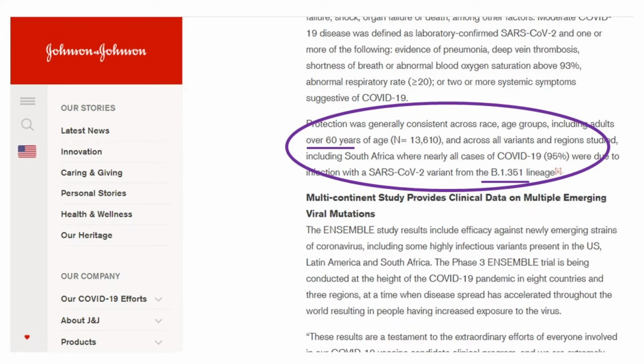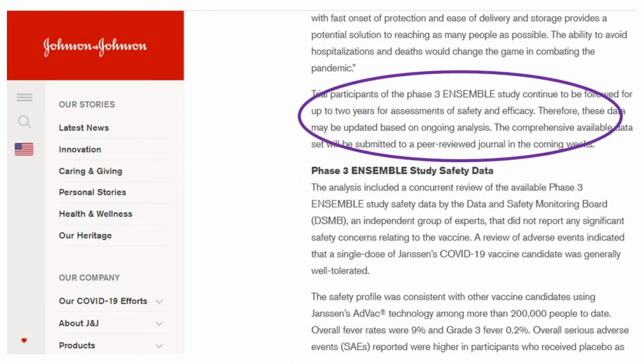South Africa. It is important to note that in South Africa, nearly 95% of cases are due to the new variant. Although the vaccine is effective against all new variants, in the South African population it has shown only 57% efficacy. Remember this one, please. Although the phase 3 trials are ready, the firm claims that they are still monitoring the